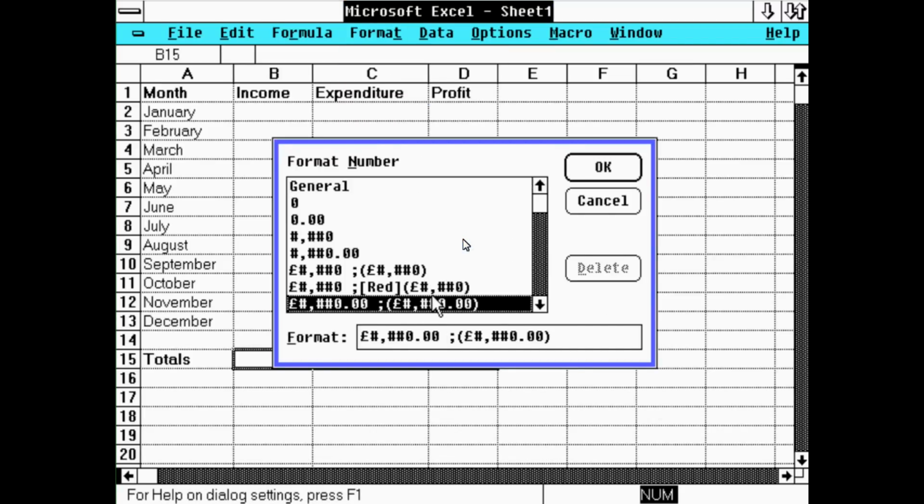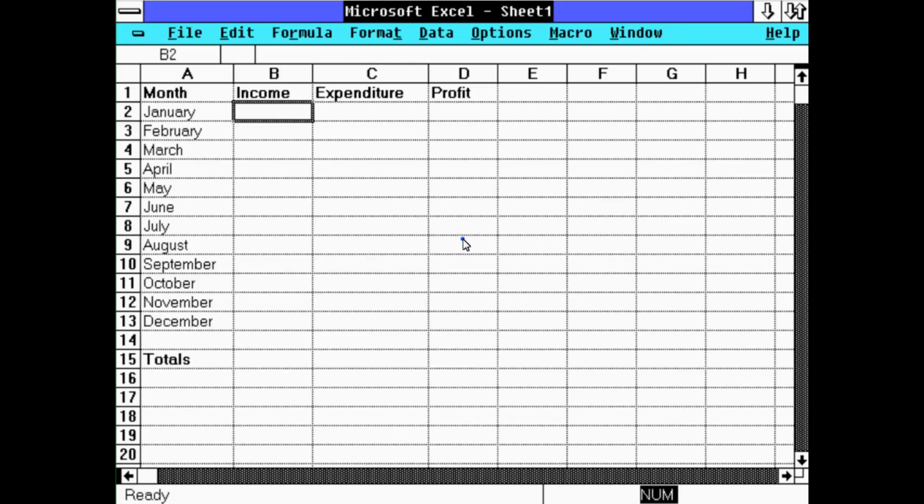Although that probably could change once we go independent, but this version of Excel is way too old to take advantage of that. Anyway, so let's